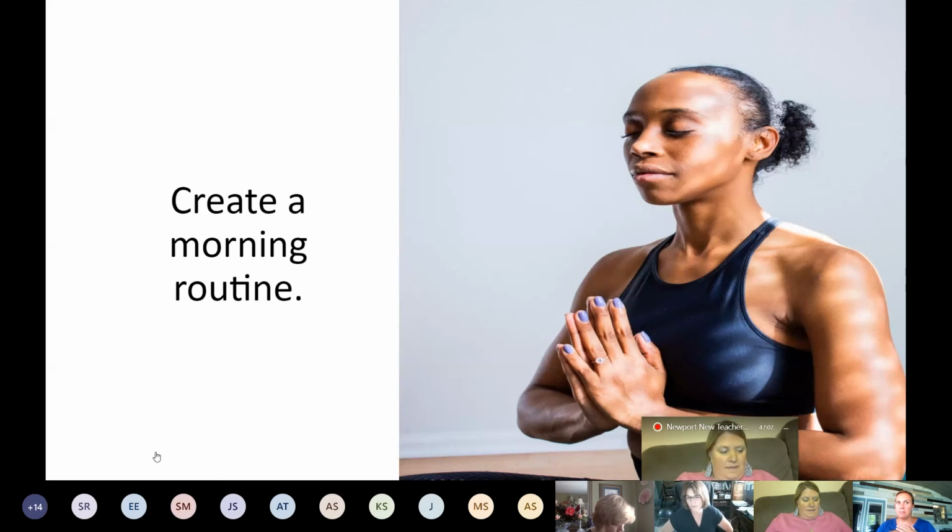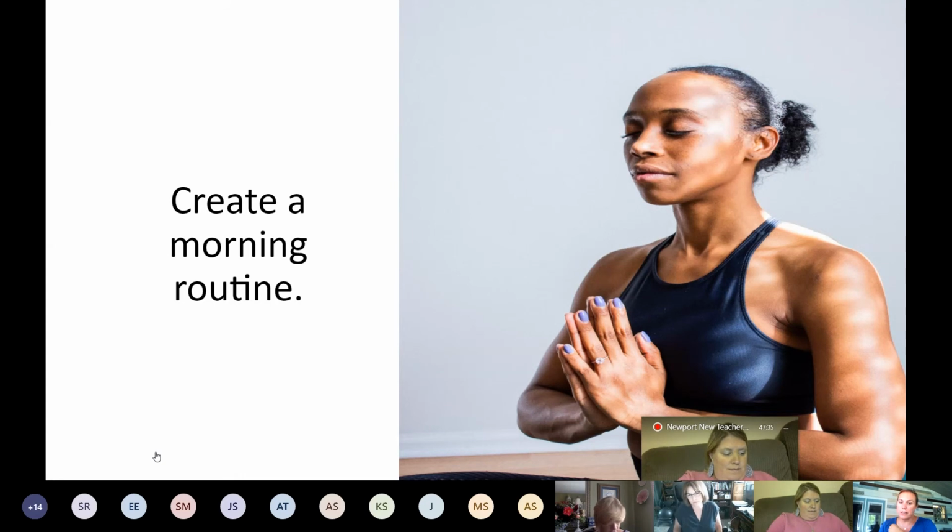I truly believe in my heart of hearts that this virtual learning environment we have found ourselves in is really going to present us with some opportunities that we didn't have before. And I think it would be a shame for us not to take advantage of those and not to carry some of that even back when we do get to be face to face with our kids. So really try to see what those are.